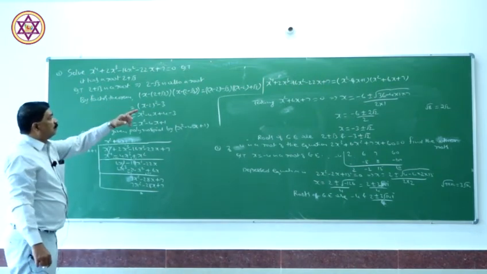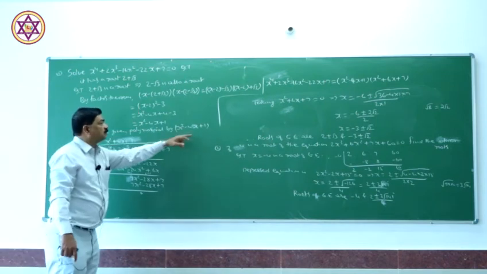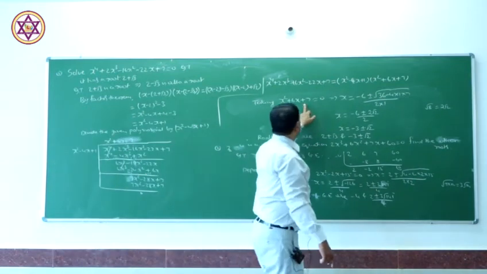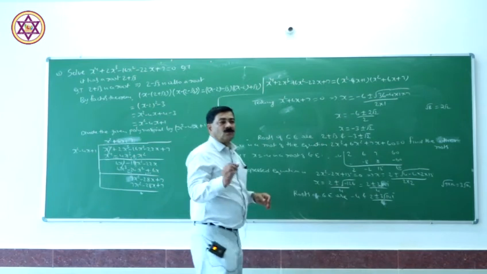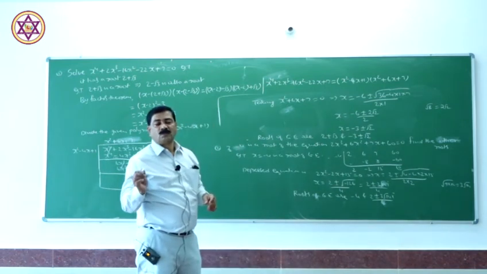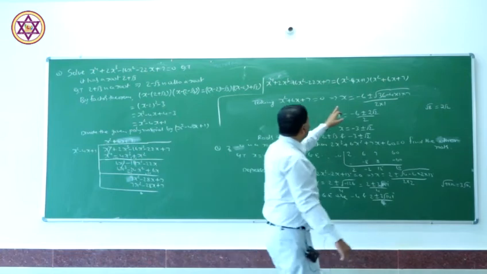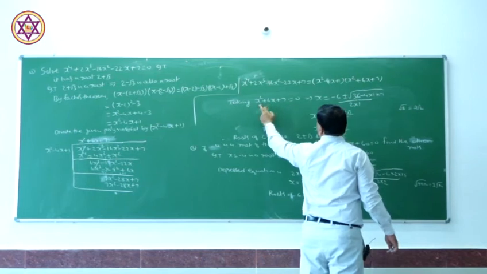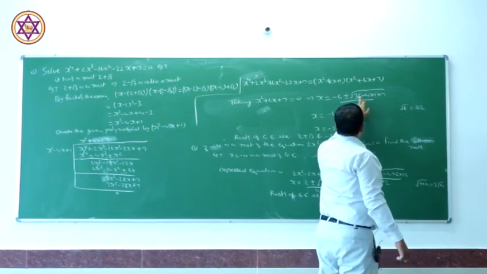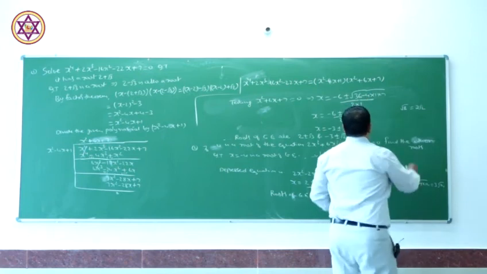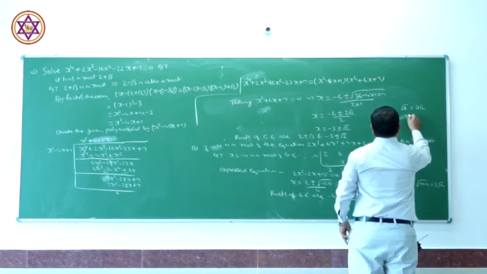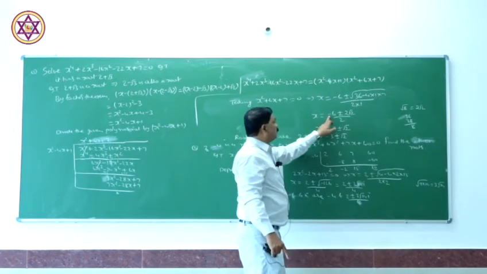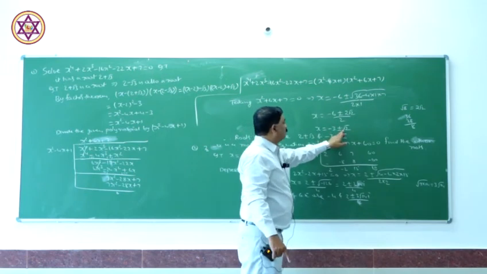Therefore the given polynomial can be expressed as (x squared minus 4x plus 1)(x squared plus 6x plus 7). Equating this factor to 0, I am using the formula x equal to minus b plus or minus the square root of b squared minus 4ac, divided by 2a. So minus 6 plus or minus the root of 6 squared, which is 36, minus 4 into 1 into 7. So we get 36 minus 28, which is 8. 8 can be written as 2 root 2, divided by 2, giving minus 3 plus or minus root 2.